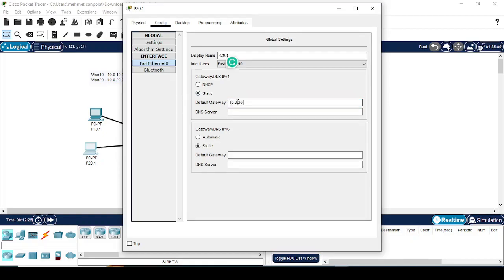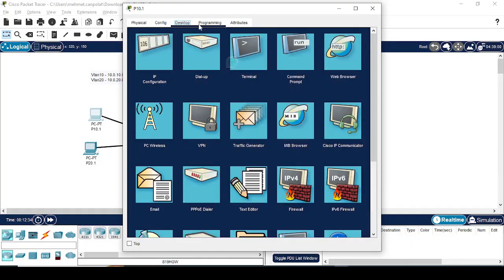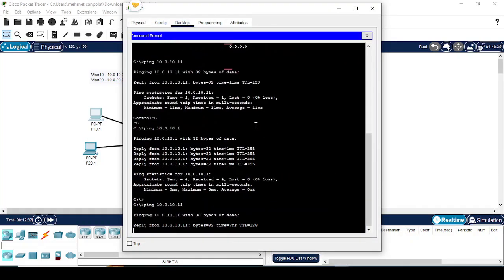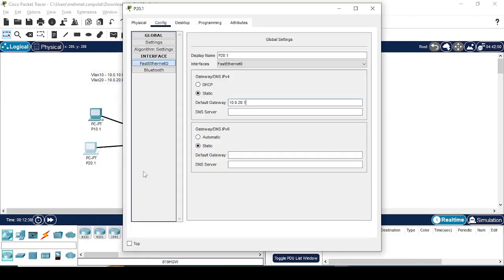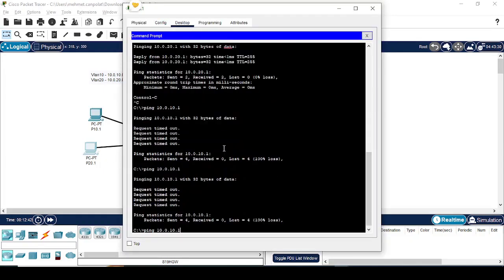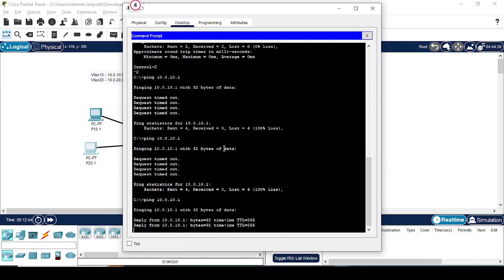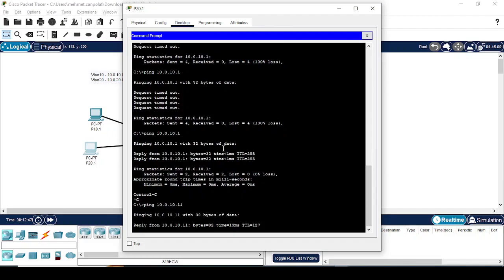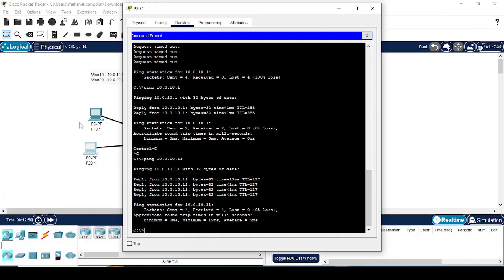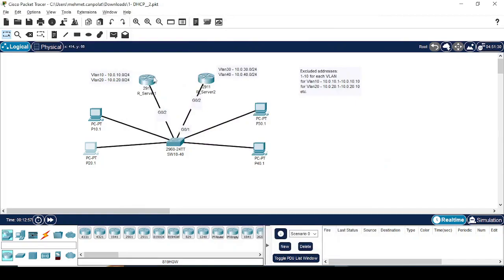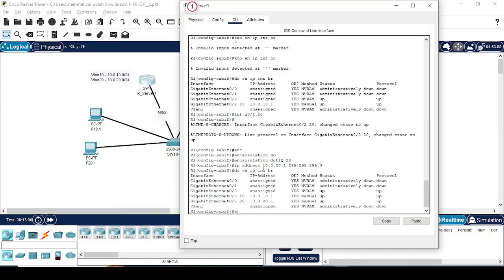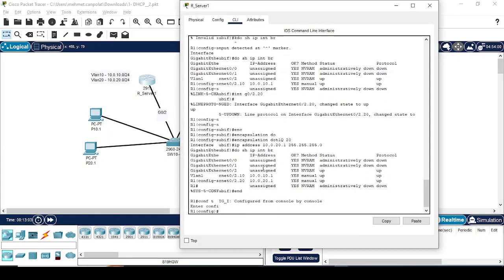Okay, now set for the PC2 10.0.20.1 and for the PC1 10.0.10.1. Now it's pinging. Let's go to PC2. It couldn't ping before. Okay, try to ping the first router sub interface. Okay, now that's working. Totally working. So manually the interface setup is okay. So let's go to the router 1